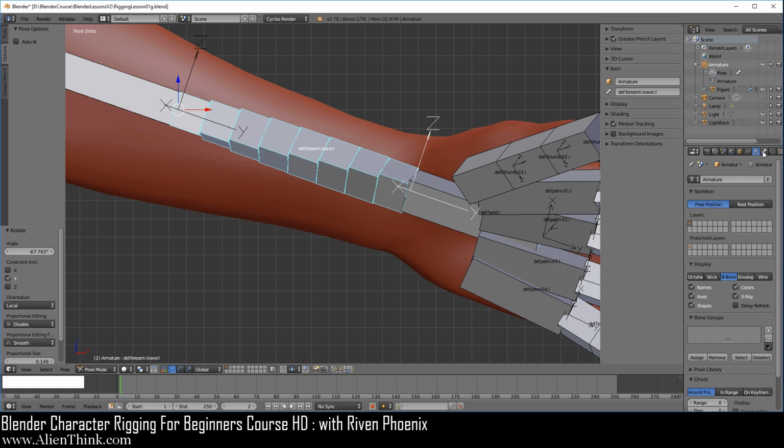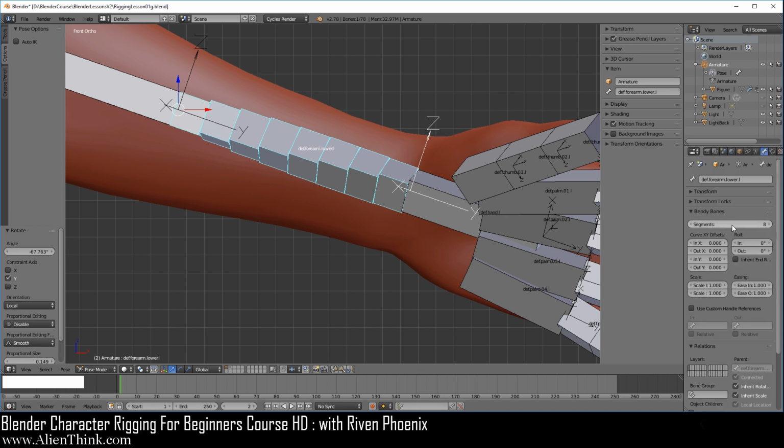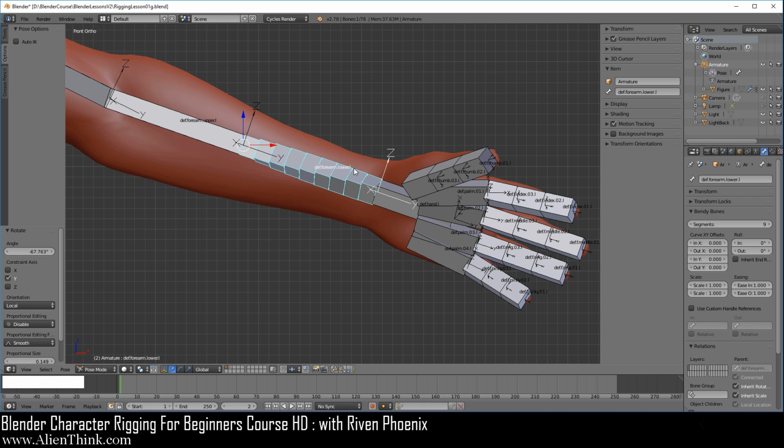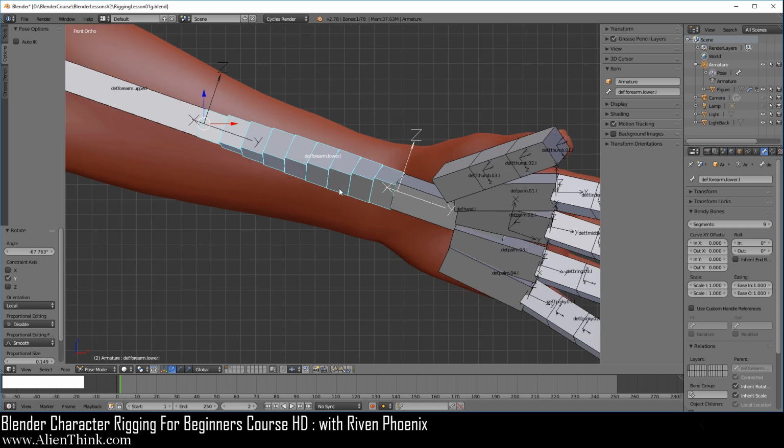So if you go back to the bone tab over here, you can see that you can decrease how it deforms, or you can increase it over here. Notice that we only have to do it here. We don't have to do it on the hand. Okay, so this is how you can use this bendy bone concept if you don't want to deal, let's say here, with a much more sophisticated rigging system. Now keep this in mind that this B-bone concept is internal to Blender. So we're not going to be using it.